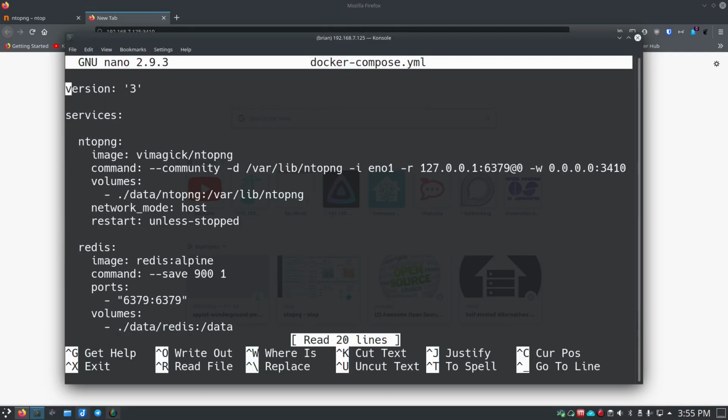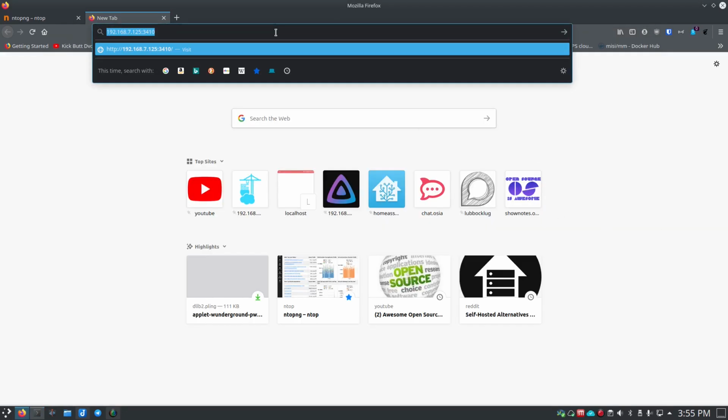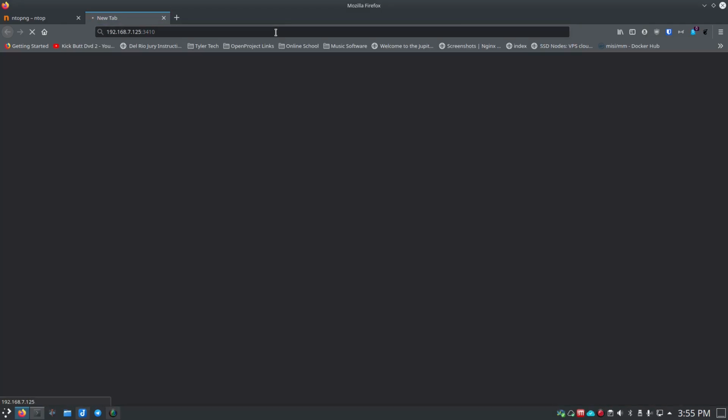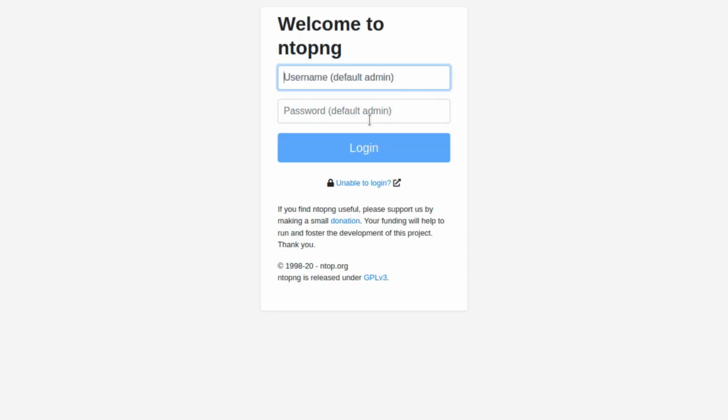Docker compose.yaml. Well, yeah, 3410 is the port that I use. So I'm going to hit Control-X there to get out of that. We've got that address in, and I'm going to hit Enter. Here we are at the web page, so we're going to use these default username and password to log in